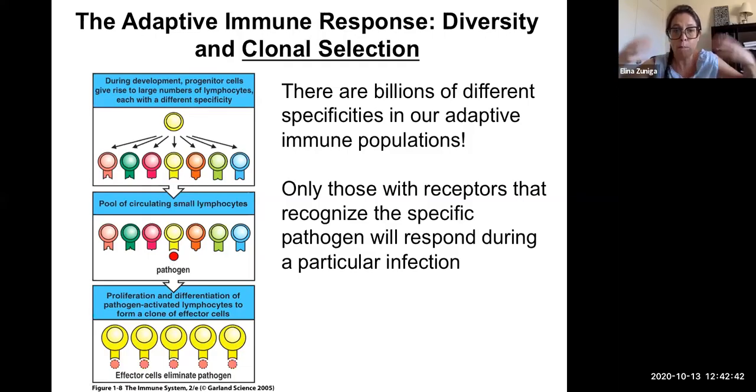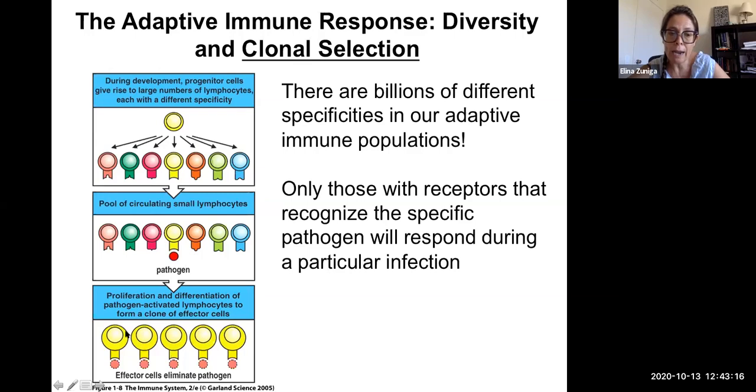So we want to have more of that clone that is the one that will help us, right? If we have a clone here that recognizes HIV, it will not help us if we are infected with measles. So we don't want to expand that HIV specific clone. We want to expand the clone with the receptor specific for the pathogen that is infecting us. And so we induce proliferation and differentiation of the pathogen specific lymphocytes